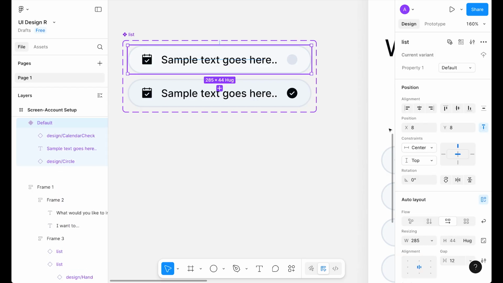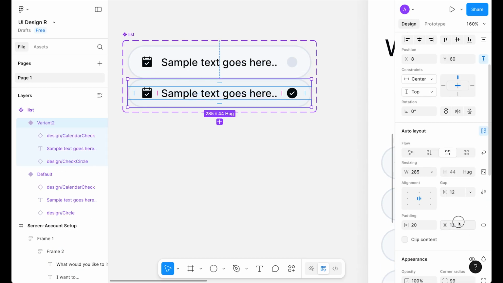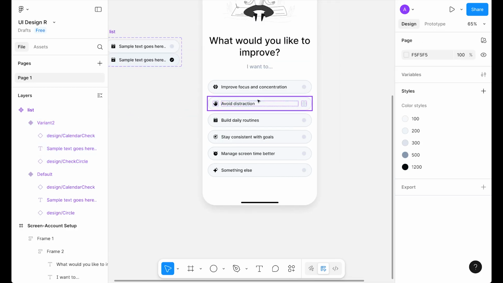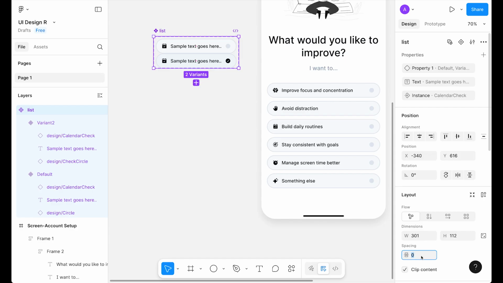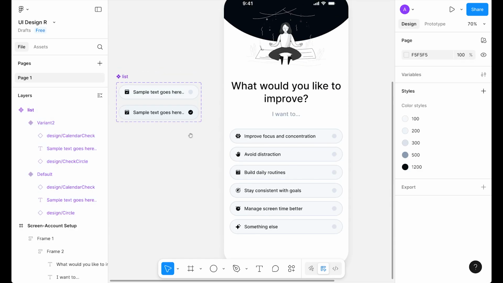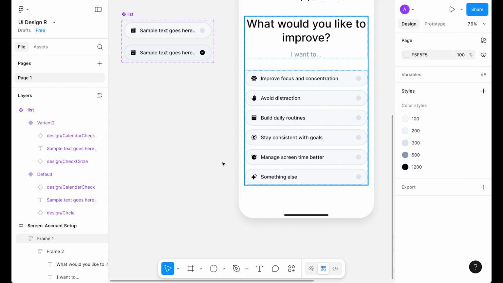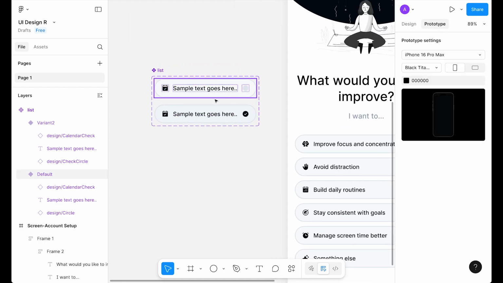And one thing we can do, let's slightly increase to 16. Let's check this out. This is looking good, and let's add some spacing, so let's try 20. So now as we can see, we have created our list, and let's quickly click on prototype and select this